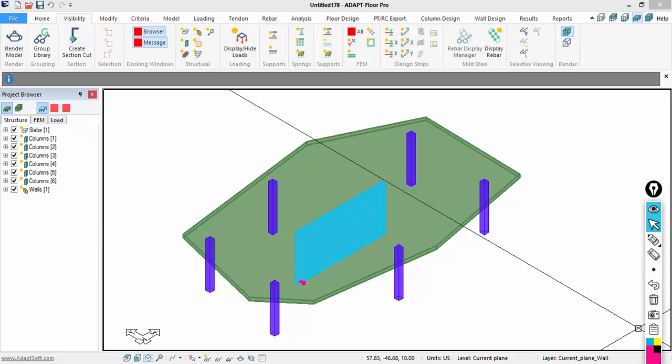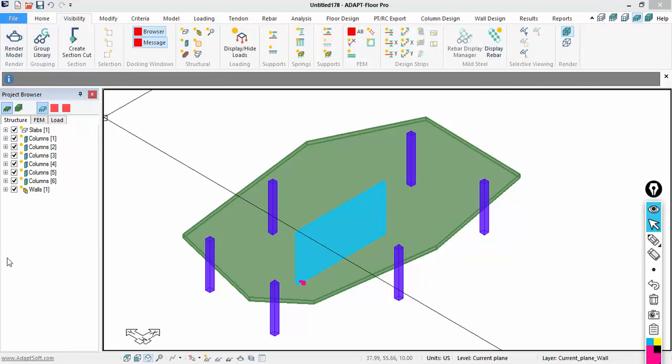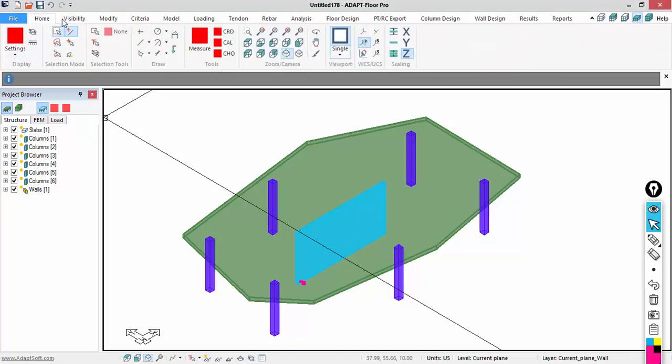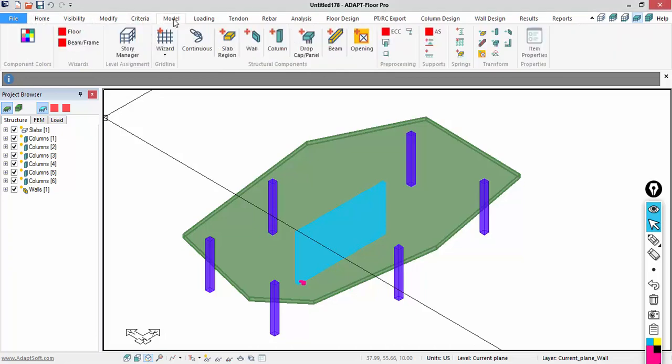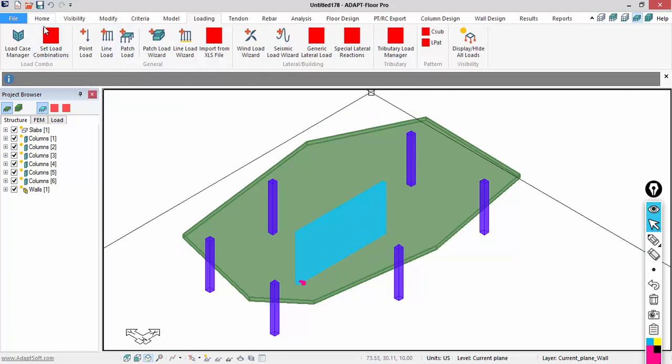This is a sneak peek video on creating wall openings in Adapt Builder 2018, and this will be released this summer. You can see Builder 2018 has a new UI. It's ribbon based with a Project Browser. We have different tabs here that allow the user to create modeling inputs, set up criteria, visibility, modification, etc. Some of the icons are still being worked on, so you might see this red square that indicates a placeholder